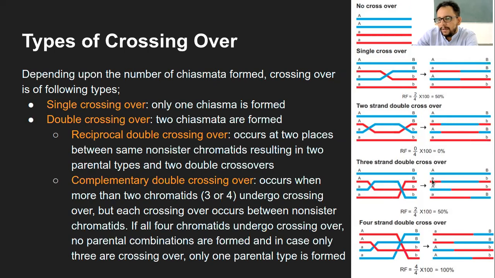That is, if small a and small b are coming from this third chromosome, which is ideally like this here, that will be 100%. In this case it will be for b. So if you go to the third diagram, it says 0% recombination. Not this one, sir, the third one, the one above that. If you see the second line on the right side, that is the recombination frequency they are calculating, right? Okay, so it's not Morgan.